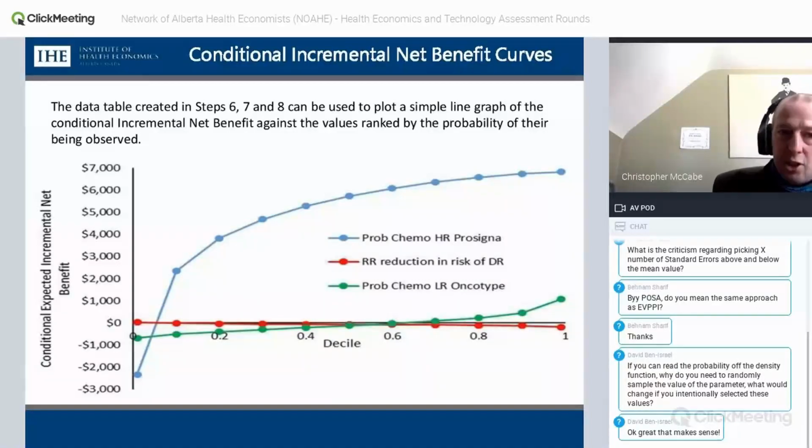So we call these conditional incremental net monetary benefit curves, or net benefit curves, and these are from a model comparing chemo-sparing tests in breast cancer. We've got 3 parameters we've looked at. The first one is the hazard ratio of the probability of requiring chemo according to the Prosigna test. And what we can see is there's a very low probability that it takes a value